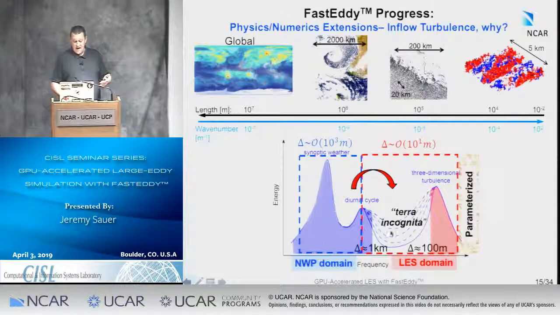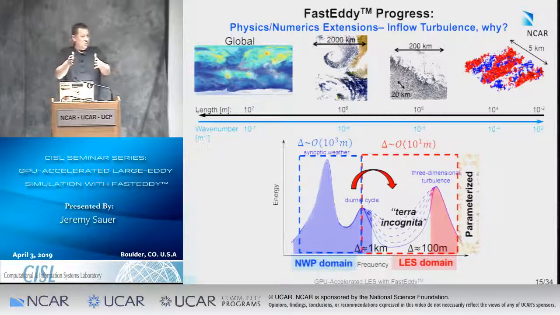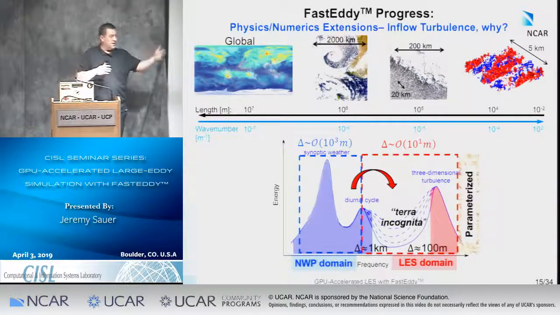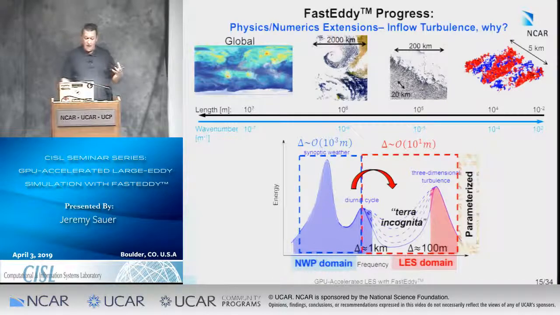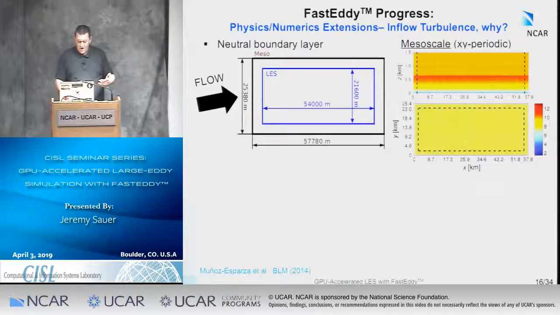And it turns out that there's a space in between where large mesoscale weather prediction models can't produce turbulence because they run at too coarse a resolution. And Large-Eddy simulation models, which do produce turbulence and count on turbulence, can't be run on sufficiently large domains to capture synoptic weather patterns. So if we wanted to couple mesoscale to microscale, we've got to find a way to bridge that gap. It turns out that my colleague over in RAL, Domingo Munoz-Esparza, has been working on this problem